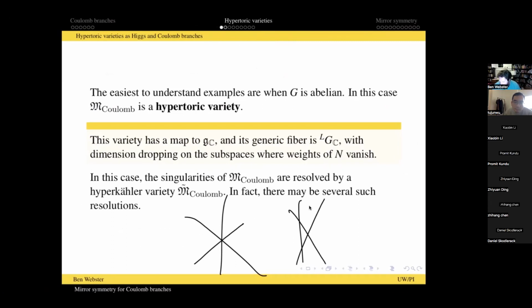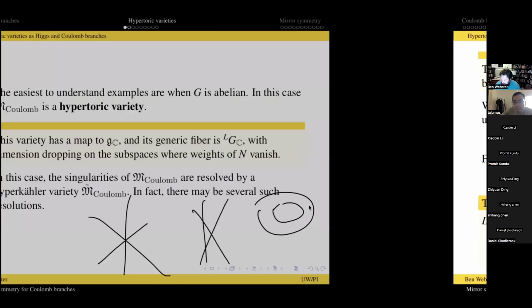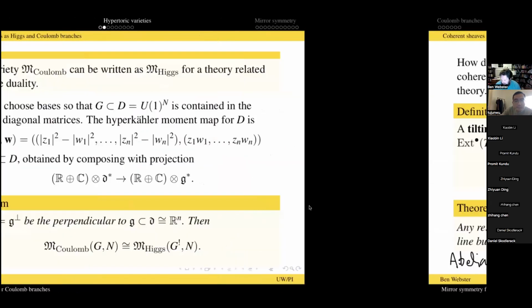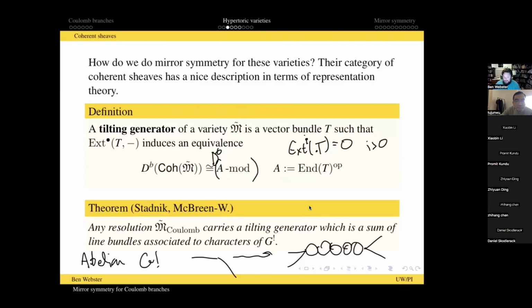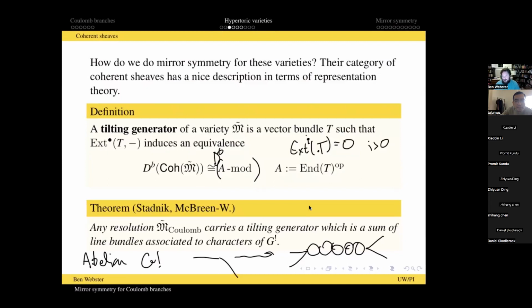So things would close up around a torus. Okay, that was a very bad drawing of a torus, but I hope you're getting some vague sense of what's going on. So for example, here, this picture where I took the resolution of C2 mod a cyclic group, instead now I get a variety with a chain of P1s that actually closes up, making a closed chain of P1s.